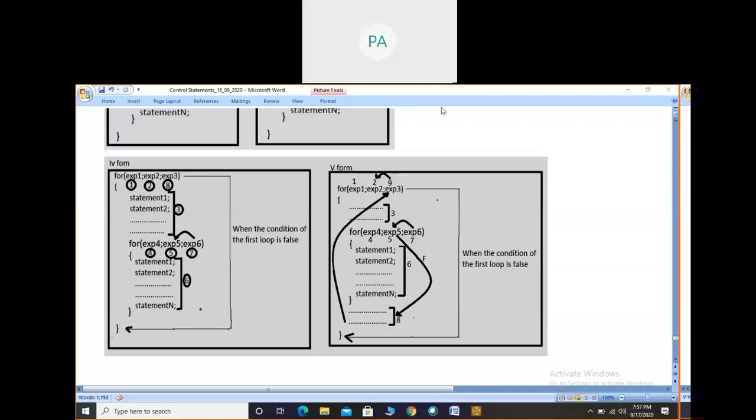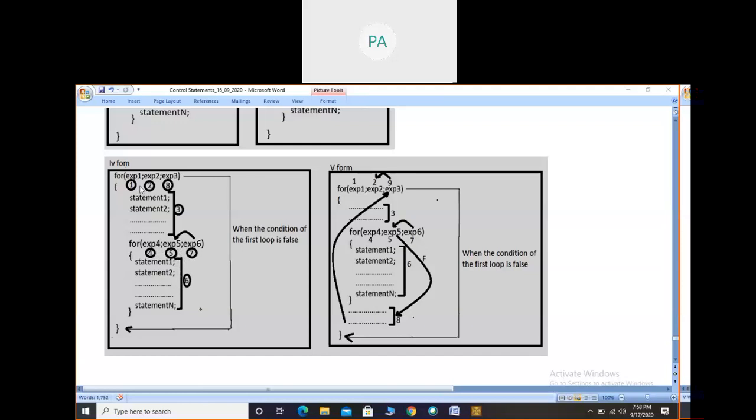Visible. Okay, fine. So after the fourth step, the fifth step is checking the condition. Then after that, statements of the loop are executed, then increment or decrement. After increment, it will move to the condition. So in the second loop you observe the fifth, sixth and seventh steps are repeated. That is the concept of the for loop: checking the condition, statements of the loop, increment or decrement step. Once the condition of the second loop becomes false, it will move to the first loop again.